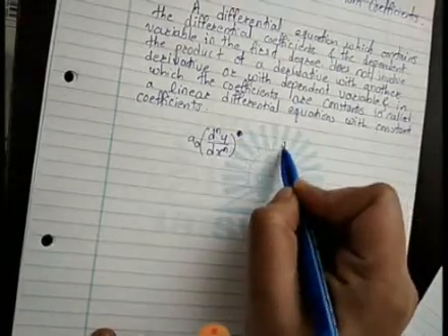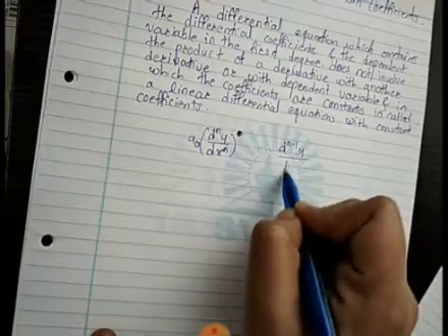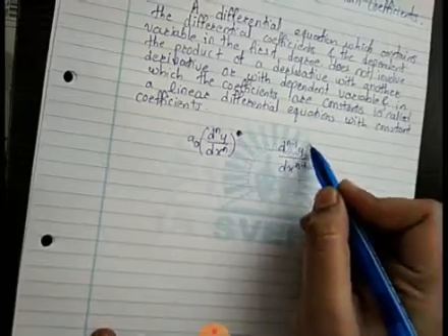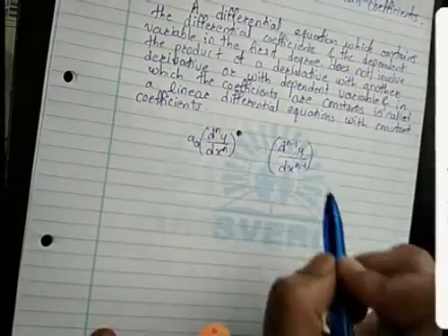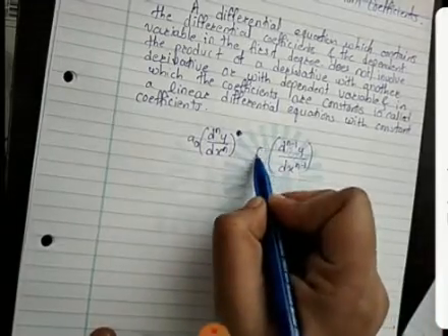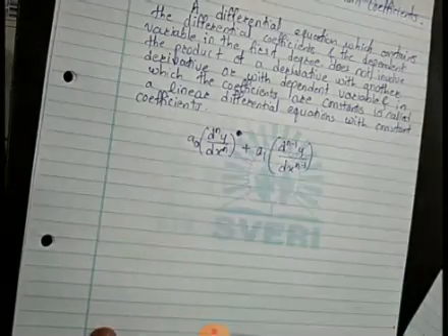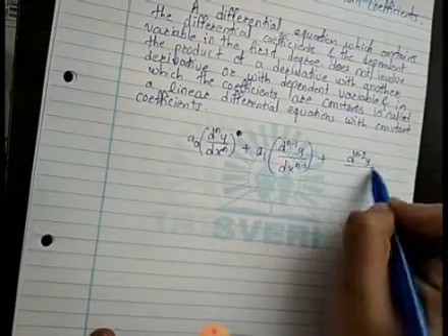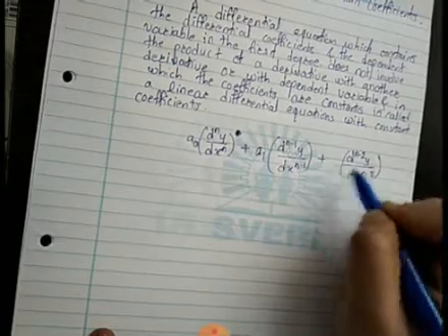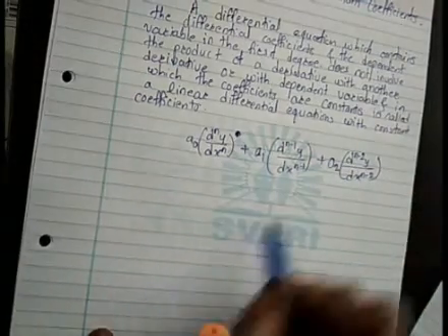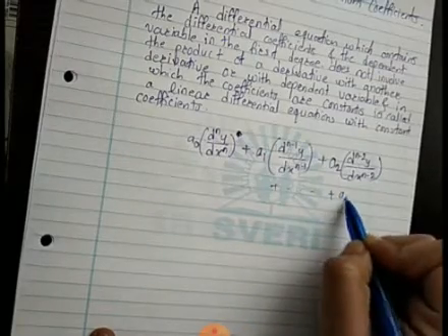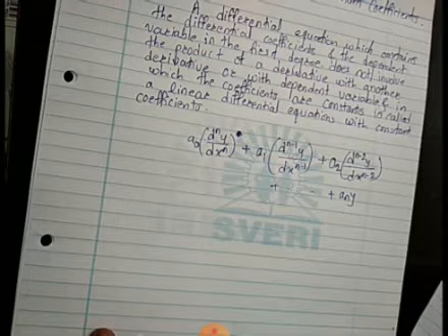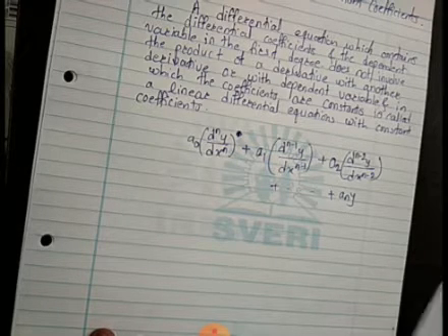So there can be a term d^(n-1)y upon dx^(n-1). This is a derivative with order n minus 1 but degree is 1 again. So this term can also be there with some constant coefficient, say a1. Plus there can be a next term, the n minus 2 derivative, with some constant multiplied to that, plus so on up to a_n y. Such form of the equation is called a LDE with constant coefficients.